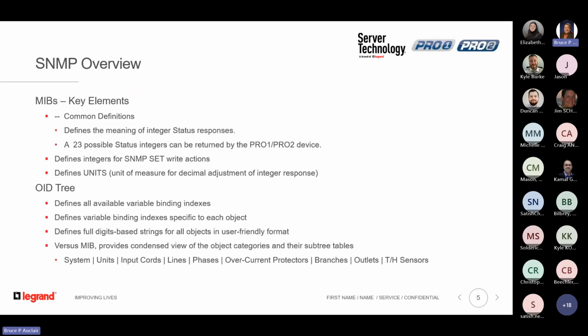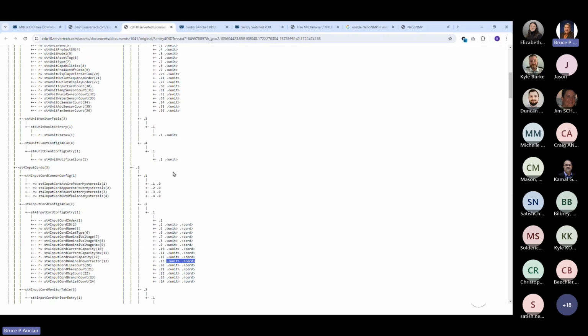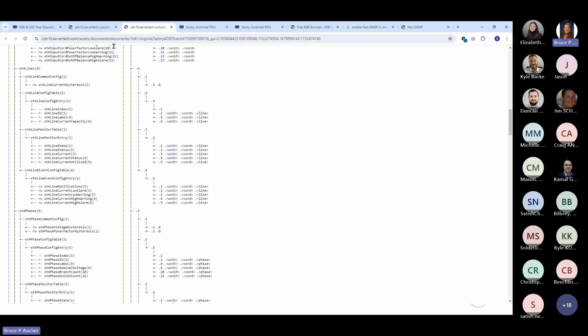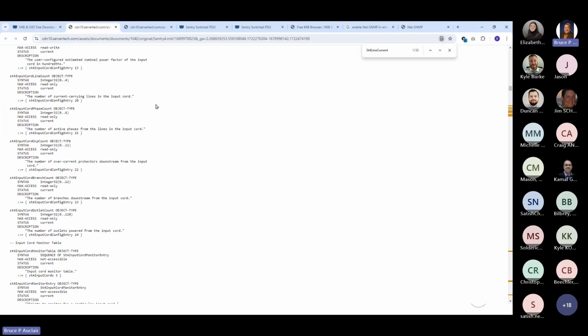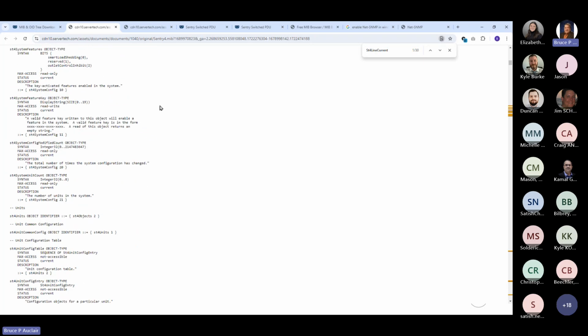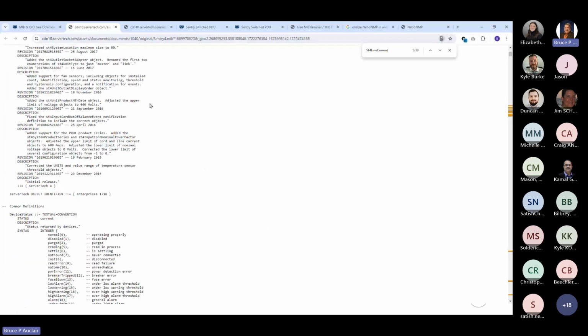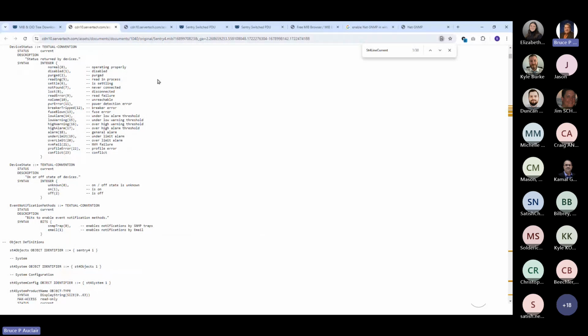And then overall, it defines the full digits-based strings for objects in a much friendlier format than the MIB file. If you're just strictly looking at the published MIB file, it takes quite a bit to put together in your head the entire string. If you were to start from the top and work all the way down through to your particular object, it's much easier to take a look at